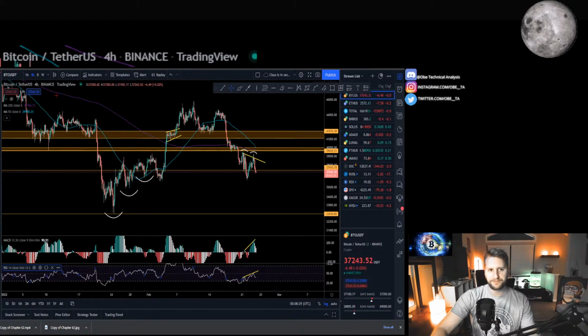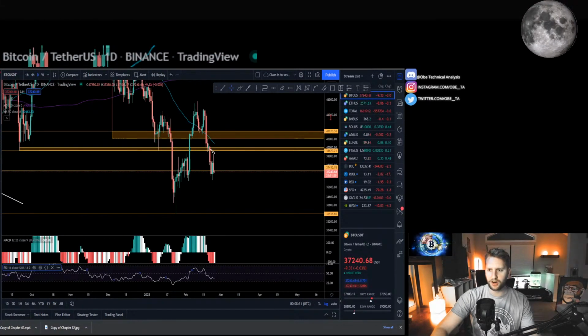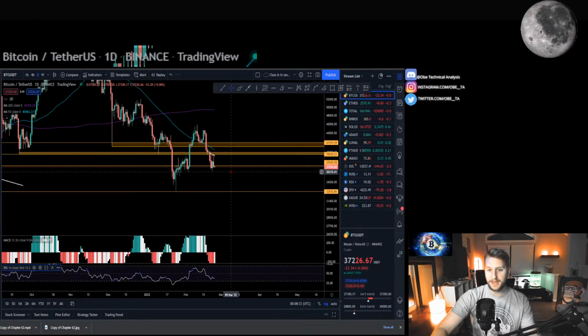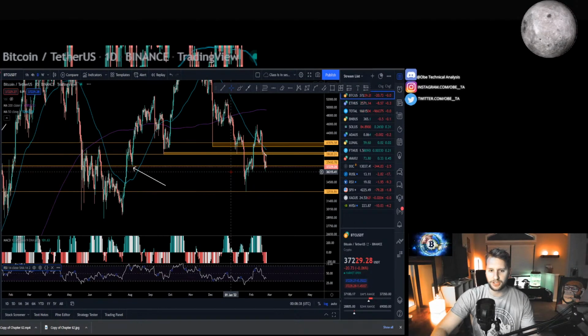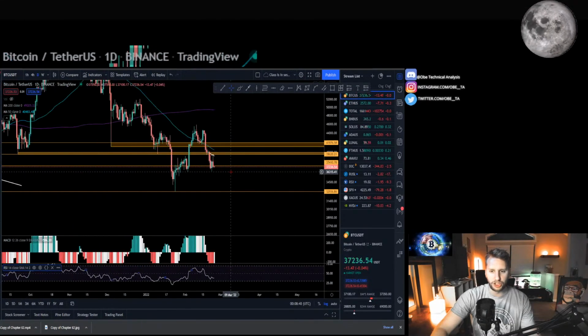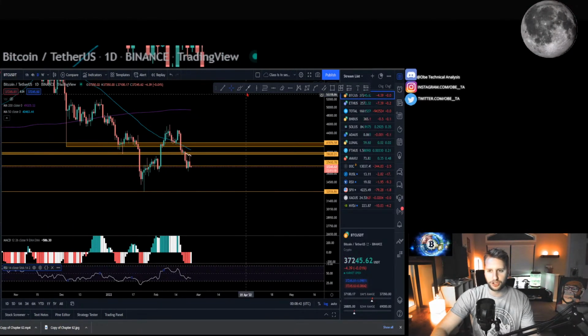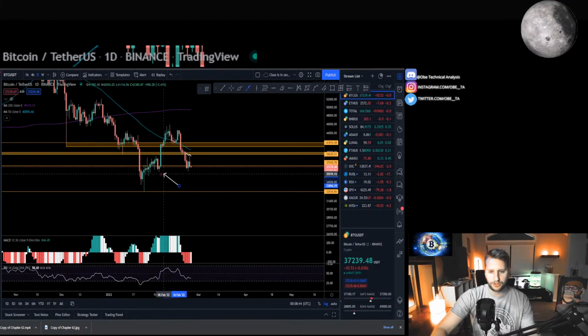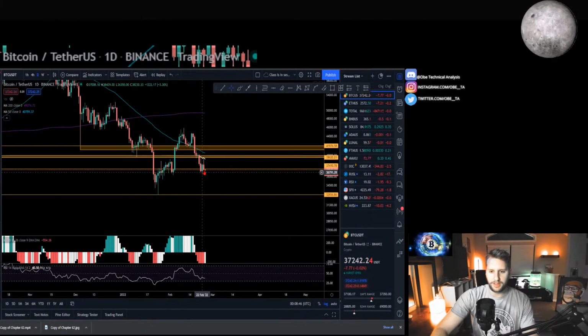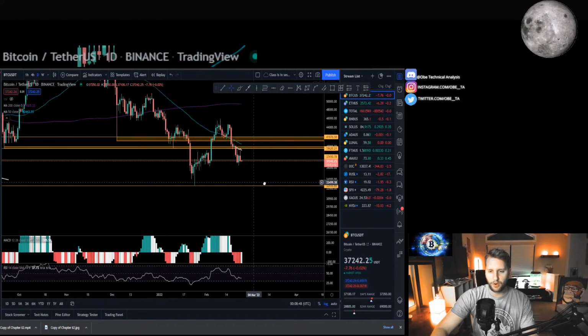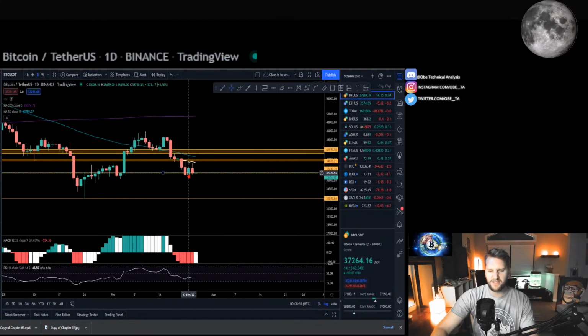Move it back to the daily to try and see where the next support would be. Possibly 36,315 again. There's not much else looking left to justify that. So if you're just trying to bank off of these two lows, this in itself right here, this February 22nd candle, was kind of the test of trying to hold that support.